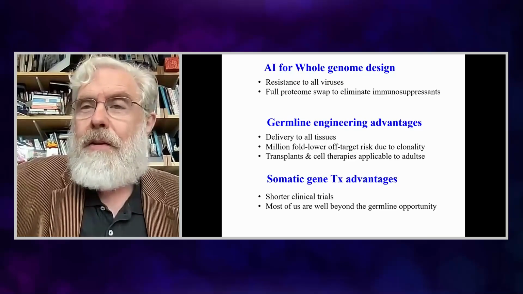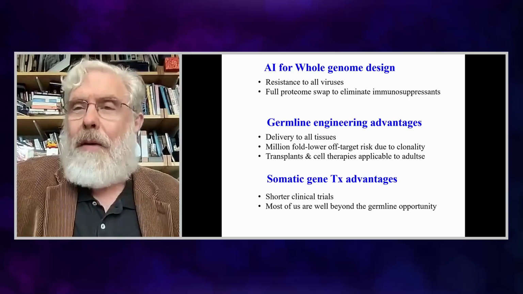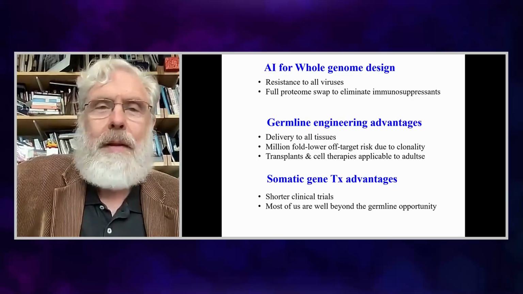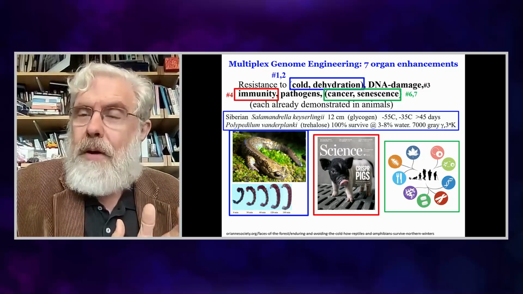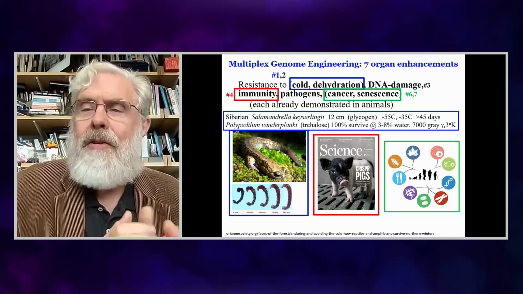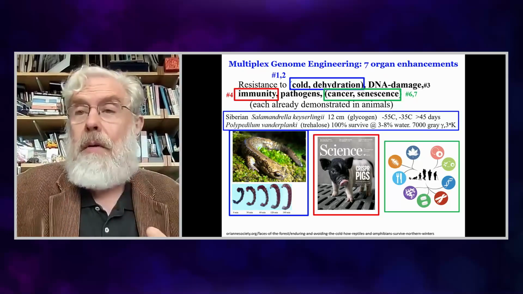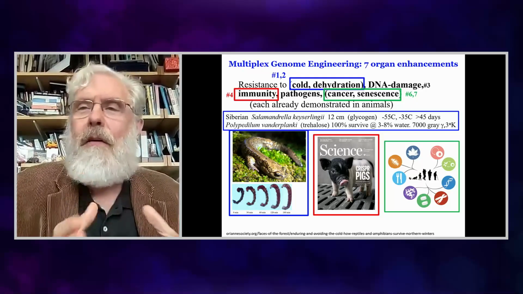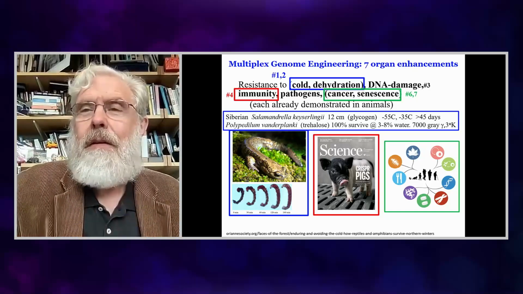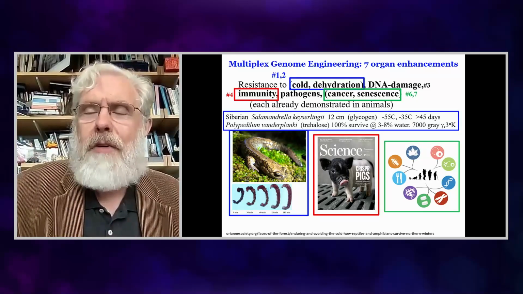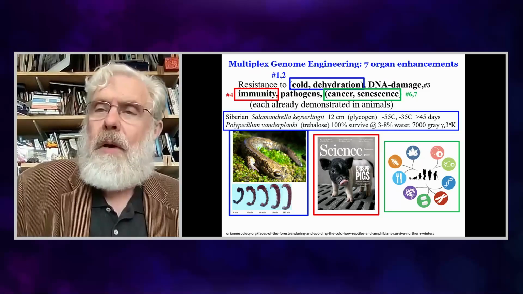And also, another advantage of somatic or adult gene therapy is that 8 billion of us are already born, where we can't benefit from germline therapy. So if we could, and we're getting very close to being able to engineer the entire human or pig genome, what would we do? We wouldn't just solve the organ deficit, the shortage of organs, which is a tragedy. That's important to solve, and we're working on it. But we would also make the organs enhanced.